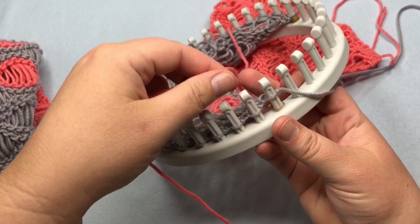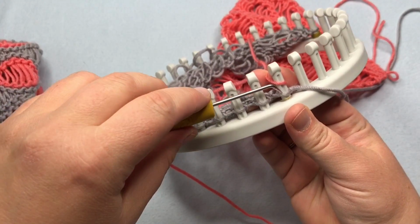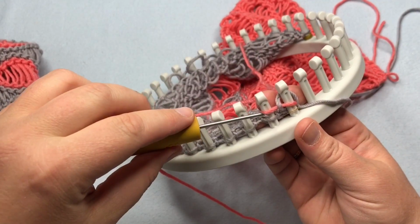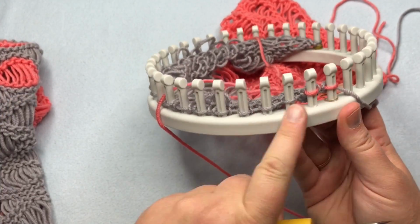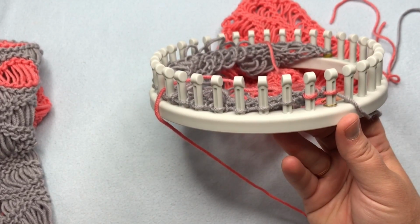Go ahead and start working this next row, and all you're going to do is just knit across. So these first few stitches are going to be a little loose with your working yarn already being cut, and just pull on that strand and tighten it up. So go ahead and knit a row, purl a row, pause, and when you come back, we'll work on row